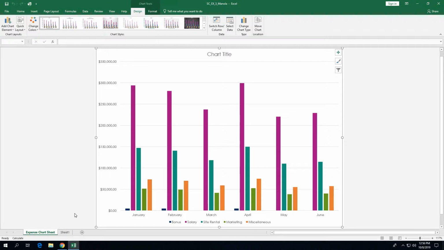Now on page 3-42, it wants us to insert the chart title. So we're going to go up here where it says Chart Title at the top of the chart and drag through the text to select it, and then type in what's shown there on Step 1 on page 3-42. So you're going to type in 6-month projected expenses as the title of the chart,